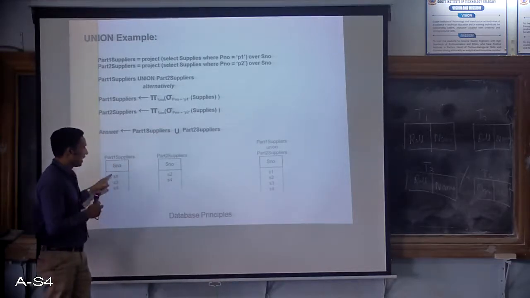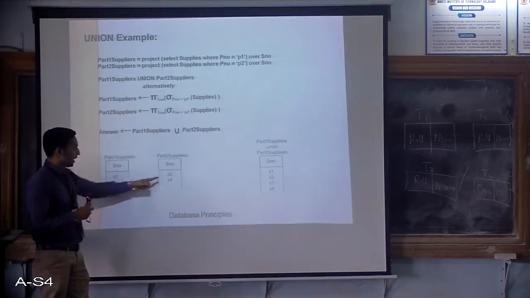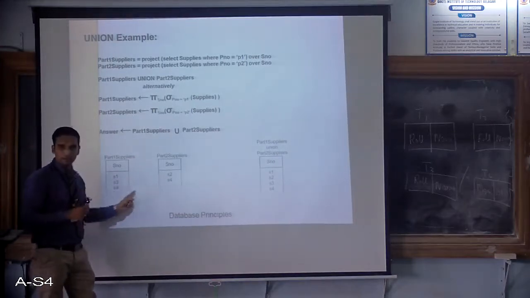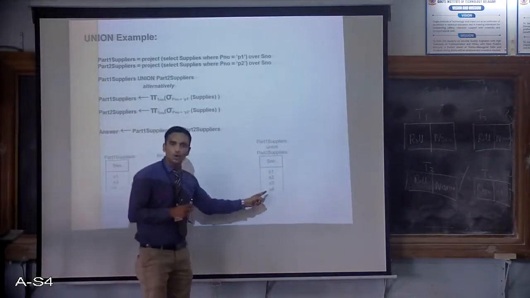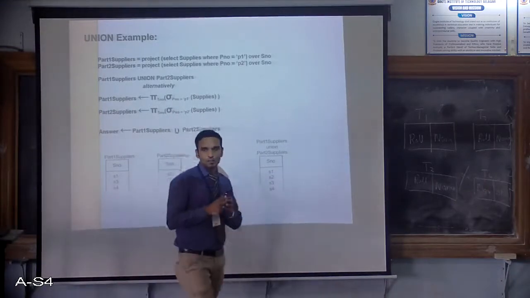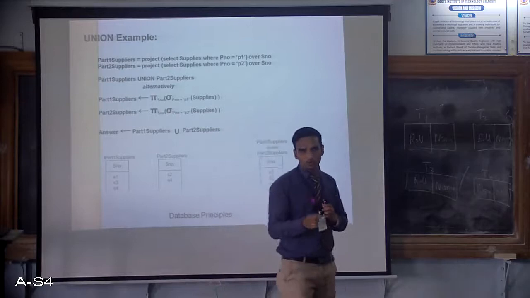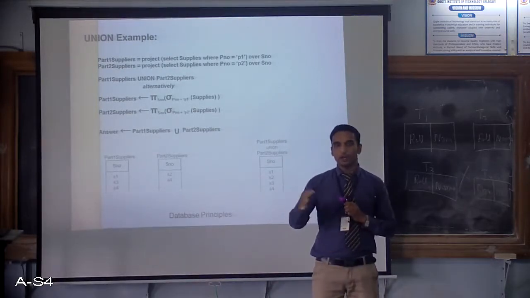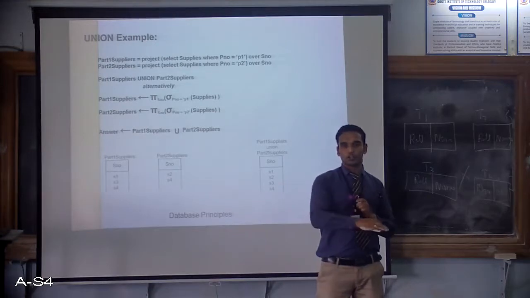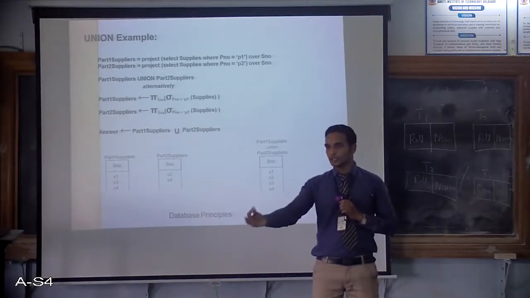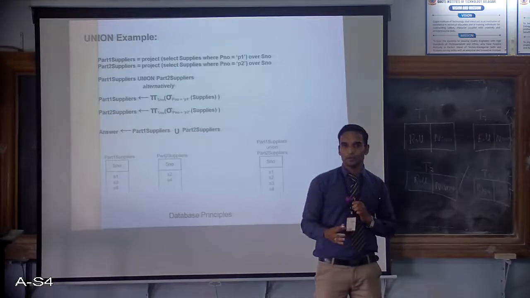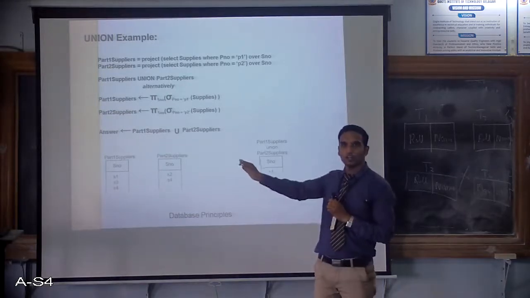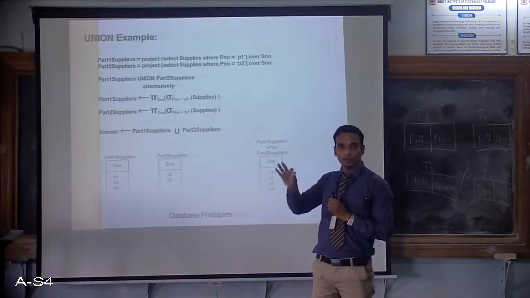Now see, S1, S2, S3, S4. S4 is common here, but in the output it is displayed only once. So please remember, union is used when we are selecting for more than one condition. Red or black, blue or orange, who works in the CS department, who works in the IS department. When the condition comes like this, with or and all, we always go with the union operator. Getting it how it works?